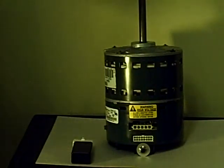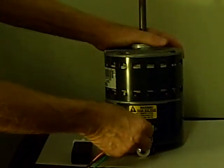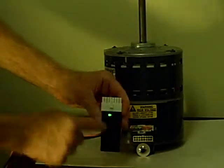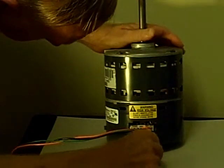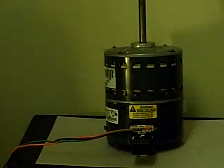of course, I've got a cord rigged up where we can test the motor out. This is the 120 volt line voltage going to this motor here. All you have to do is just turn the device on. You'll see the green LED light come on, showing that it is working, and you just plug it in to the module. And once we power it up,